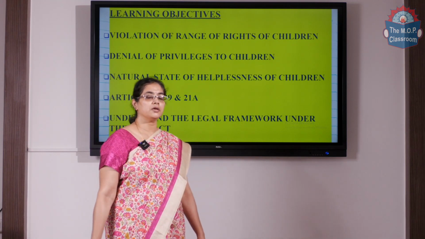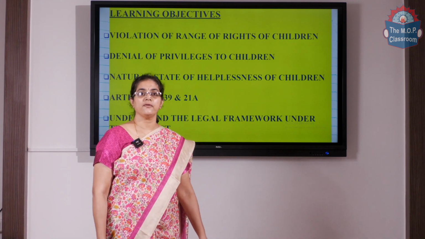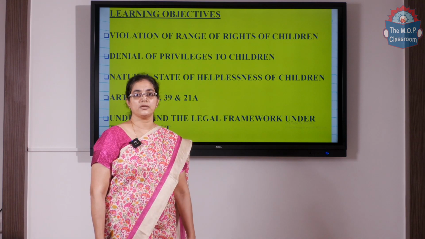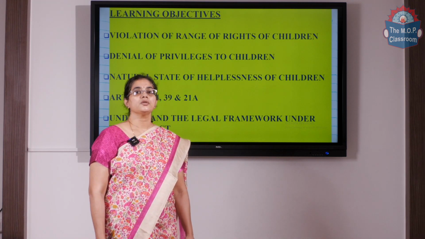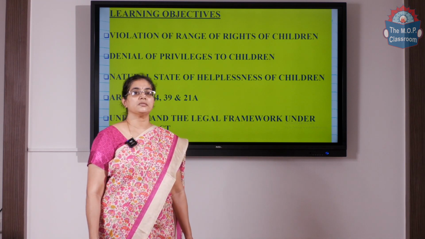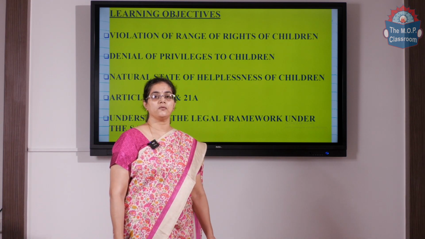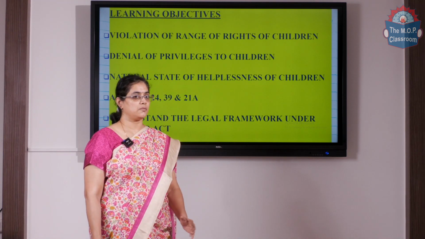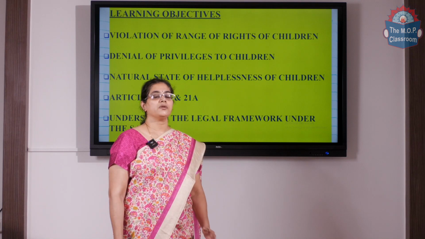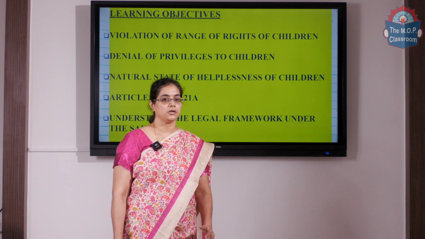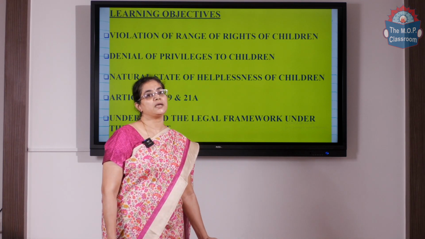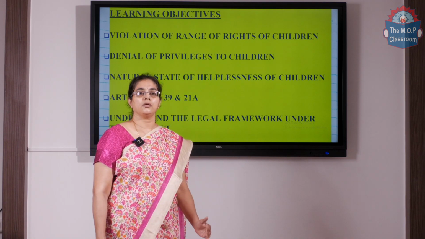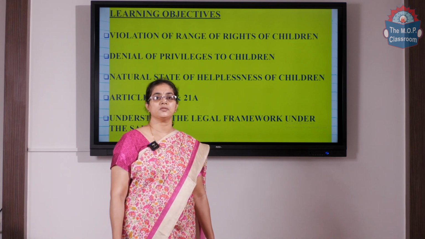Moving on to the learning objectives, like all of us are aware, there have been a lot of violations of a range of rights that are available to children. Children have been denied the privileges to which they are entitled, including the privilege of education, not only in India but all over the world, as we will be looking at a later point of time when we try to gain more perspective on this topic. What has the Act done? What have all the countries, nations of the world done in order to grant these rights and privileges to children?